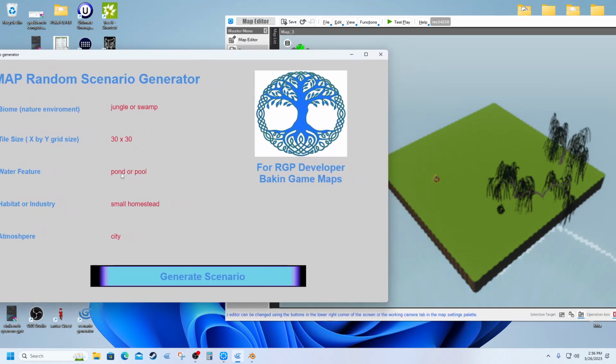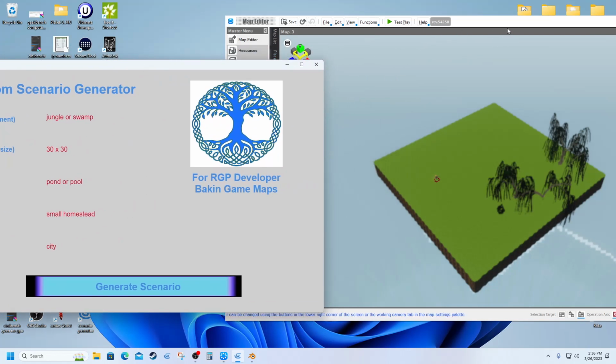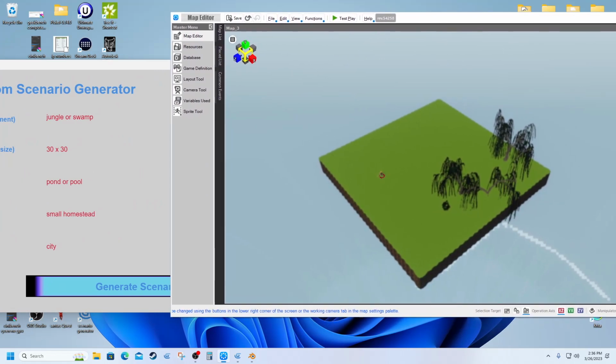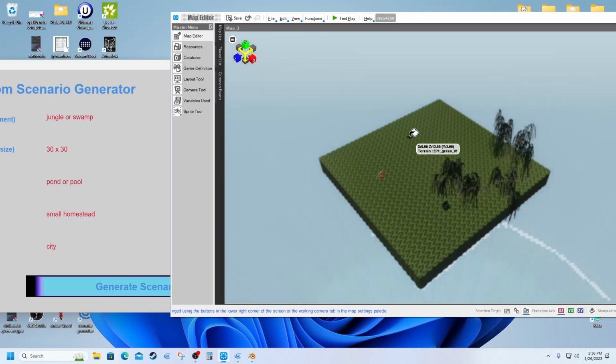The pool of the pond is going to be pretty easy because it's going to be a swamp water sort of area. So what I'm going to do is start by taking the swamp water and doing a fill, and I'm just going to fill the whole ground with swamp water. Now I'm going to go back to paint, and from the paint, what I want to do is go into,